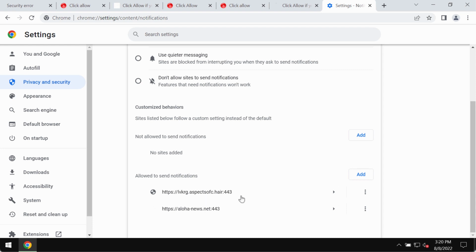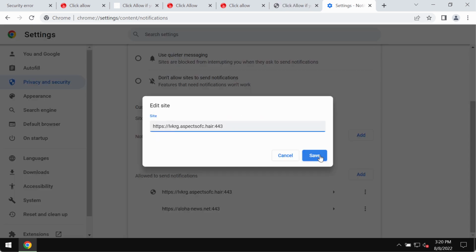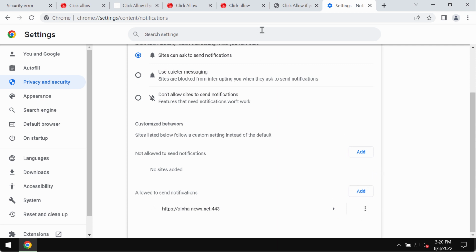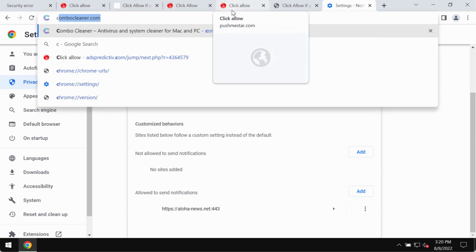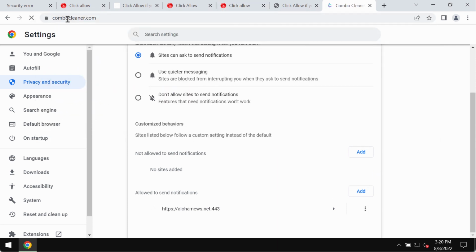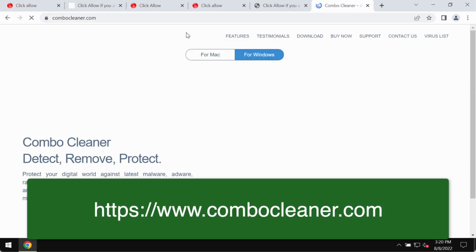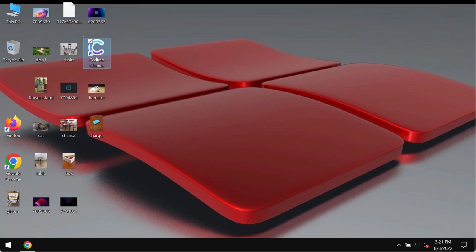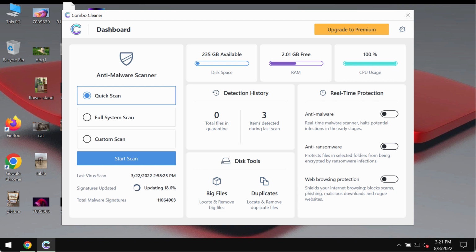When you find this Aspectsofc.hair, you should remove this junk site from the list. Finally, I recommend that you additionally research your computer with Combo Cleaner Antivirus, which you may get on the official page combocleaner.com. Using this green Download Combo Cleaner button, download the installer, run the installer, and then begin researching and investigating